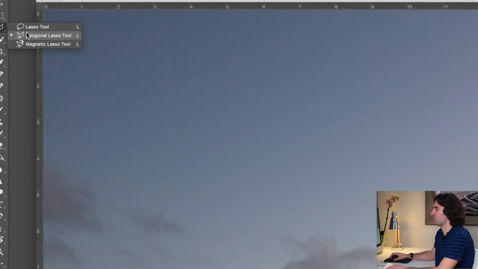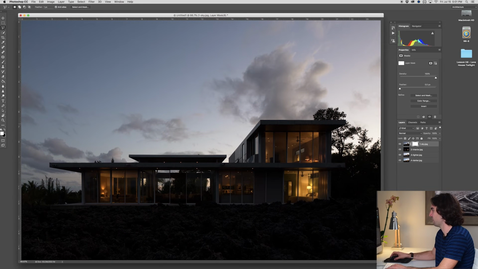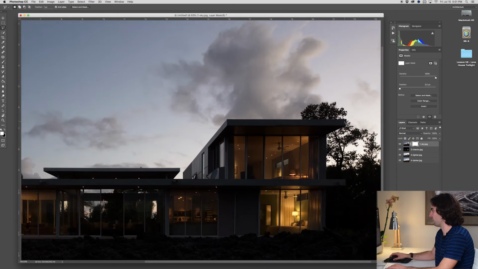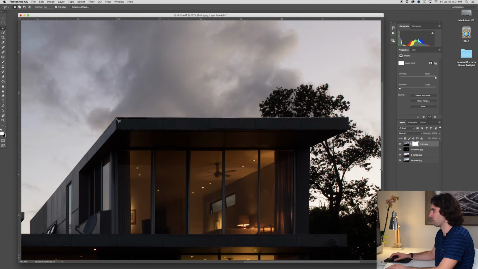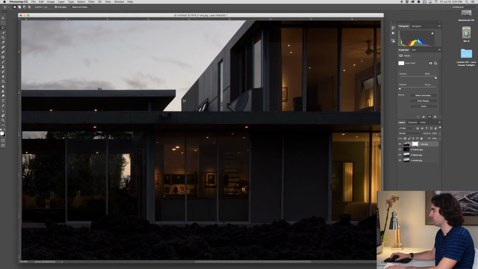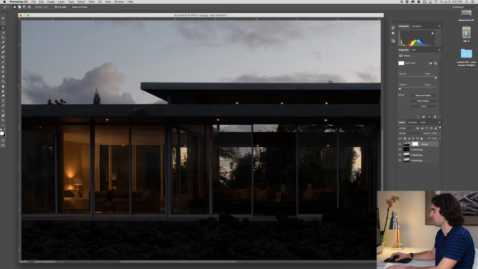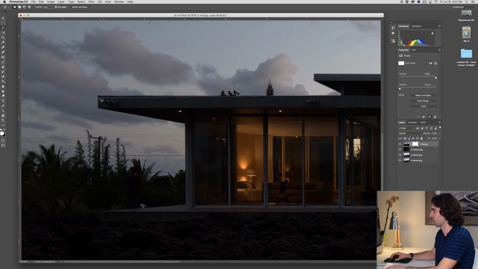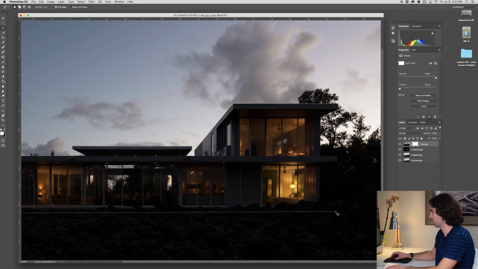That is L. Right here, I prefer the polygonal lasso tool because in architecture, we're mostly working with straight lines. And what that will allow me to do is, for example, I can zoom in and trace the edge of this house using the lasso tool. I'm just going to do this really quickly so you get the idea. I can make almost a perfect trace. And then what I'm going to do is once I close this,